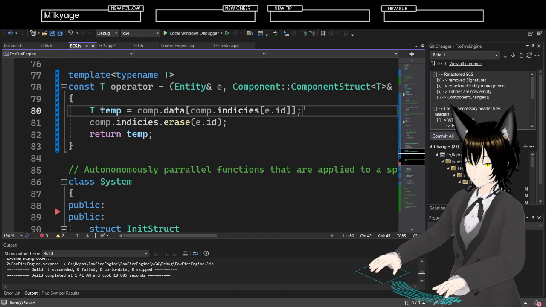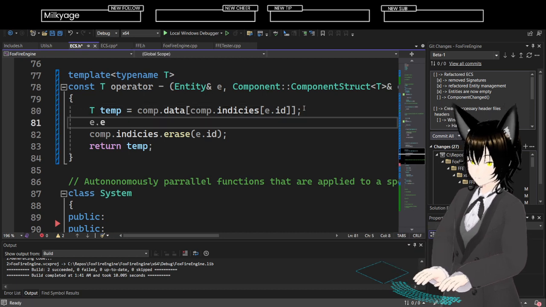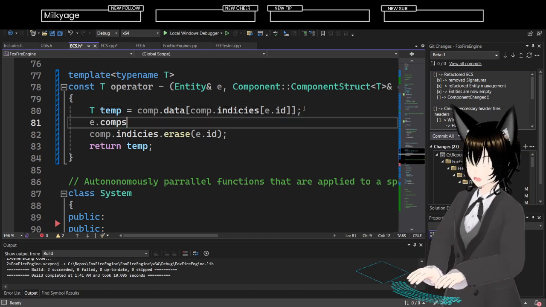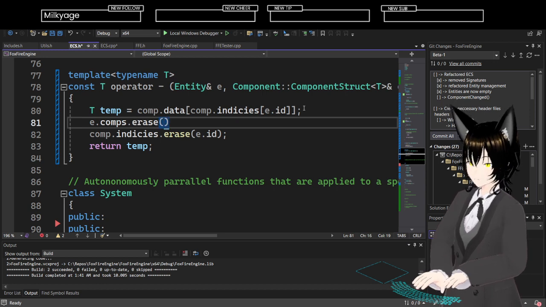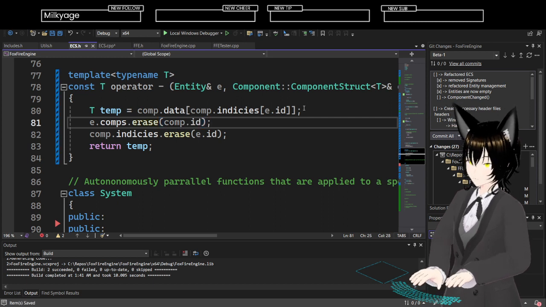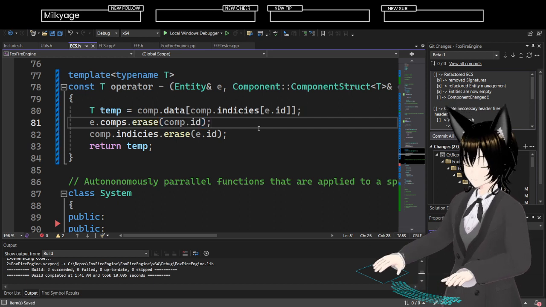And then here I can do e dot comps dot erase, and then comp dot id. Could do that. Right.